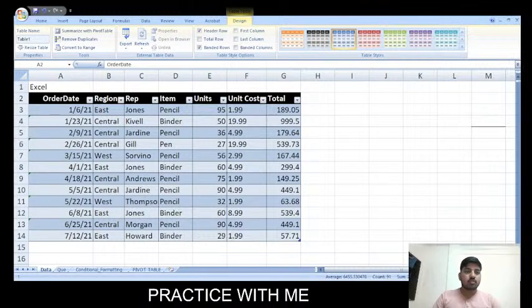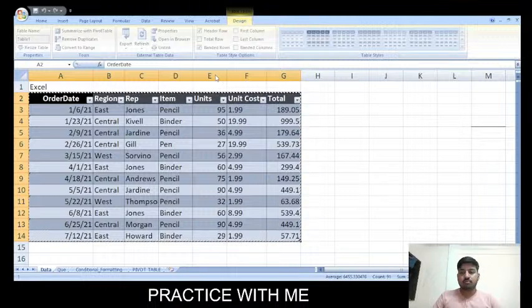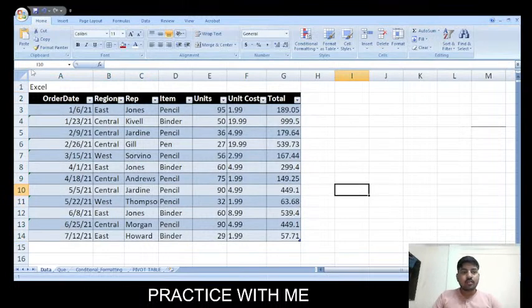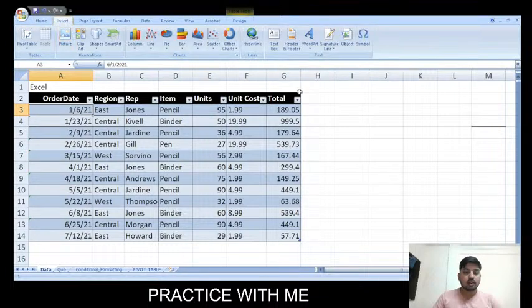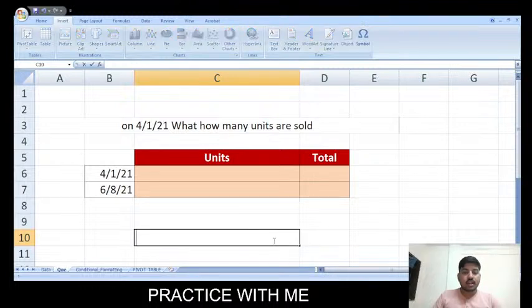I'll just zoom it for you. Table name, and here I can give the table name. Just remember, table name I will give as a sales table. Okay, so now I have given the name as a sales table. You can go into the data sheet and check. Now I want to write again the match function, is equal to match